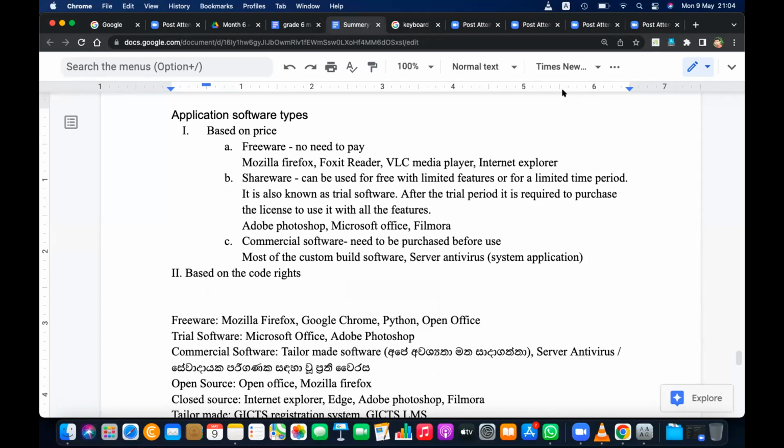These program codes are used to create or build the software. So code rights means some of the software programs will give you